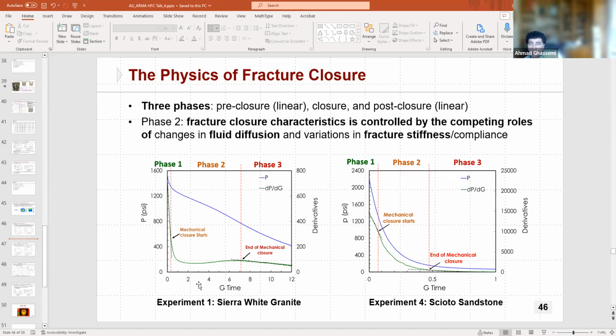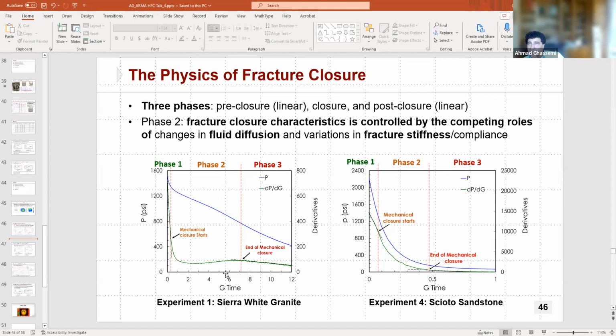So we essentially have to make a choice. And the choice is, where in this process is the fracture closing? Or when we say close, in fact, it may not be relevant if the fracture is closed or not. What is relevant is, what is the pressure at different stages of this closure process? Which particular point represents the